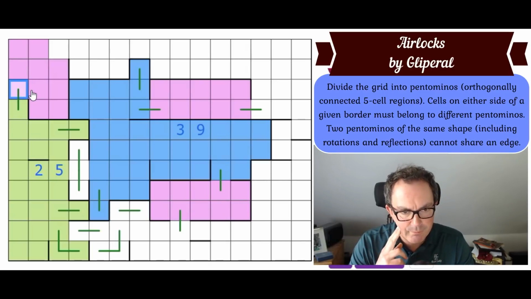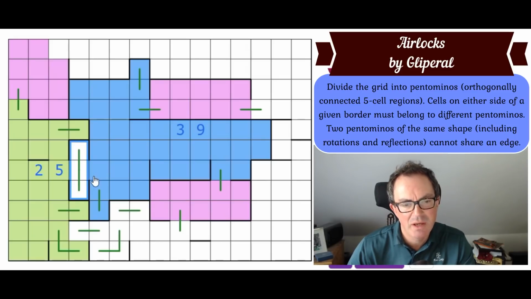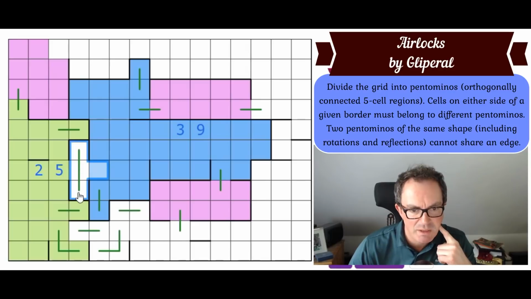Now, is there a way of concluding anything about this? We can get 2 more here. So we're on 26. If we took 2 more there, we'd be on 28. Then we couldn't take that, or we'd get to... oh no, that could be 3 or 4, depending on whether...